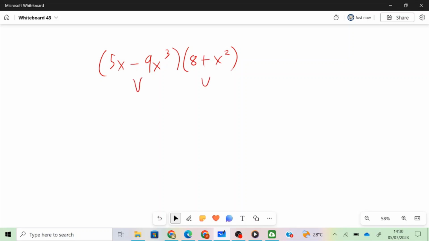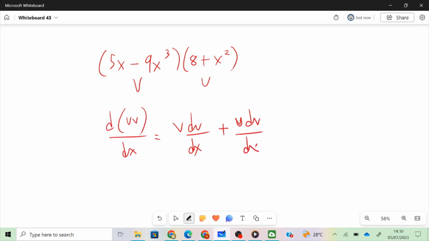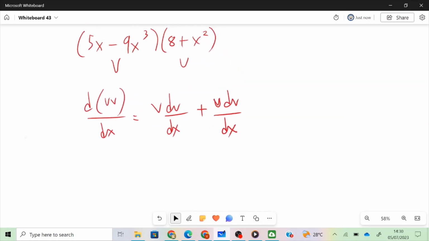So again, our formula d(uv)/dx is equal to v du/dx plus u dv/dx. Our v is the expression on the left of the multiplication, so that's 5x minus 9x cubed